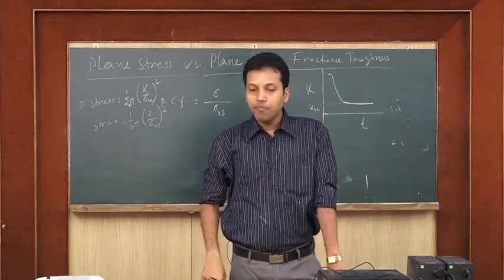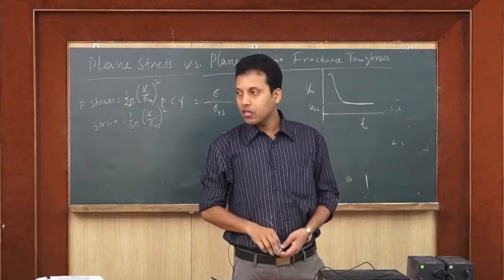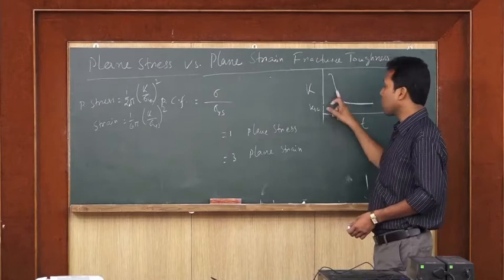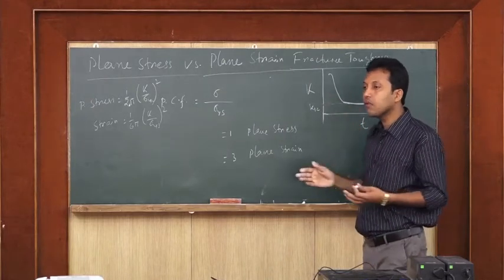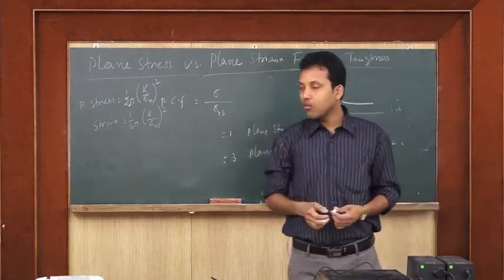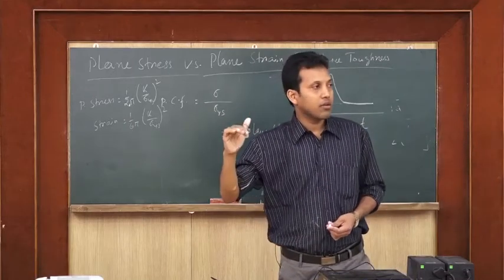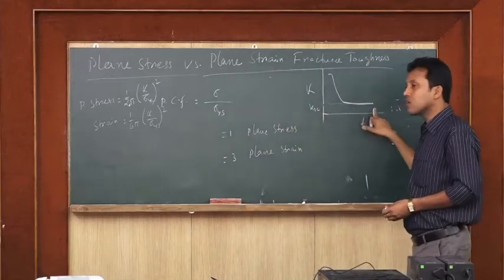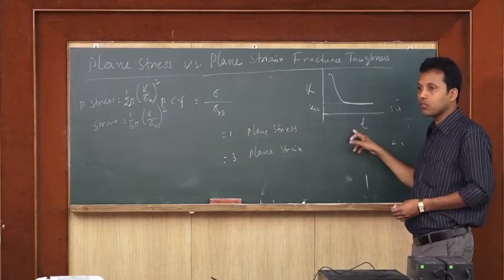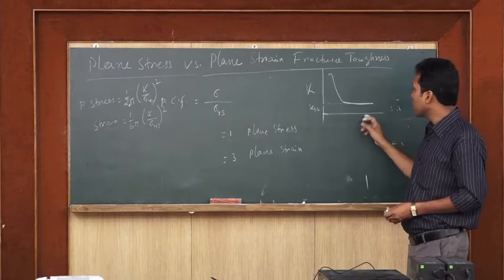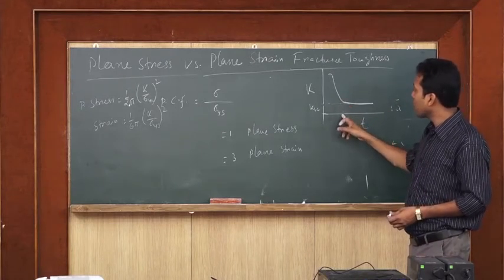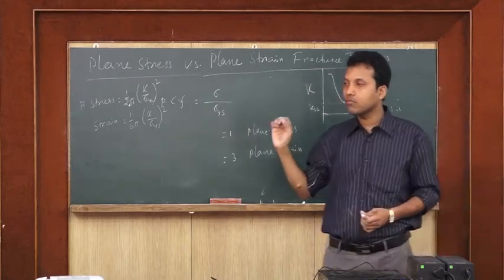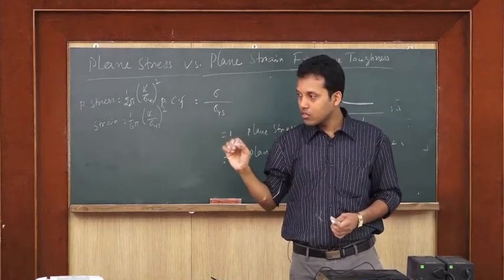So, obviously if you do a fracture toughness test taking a specimen which is having thickness lower than this, that must not be valid, because we want to tell that this is one conservative value of fracture toughness, above which if you increase the thickness there is no change in the fracture toughness value. So, taking a specimen which is having thickness lower than this level will not be a valid plane strain fracture toughness test. Is that clear?